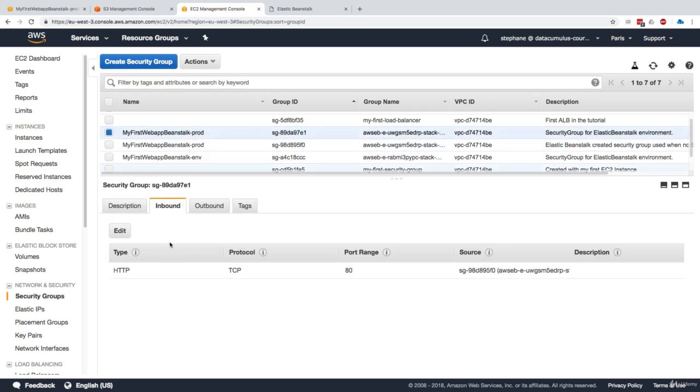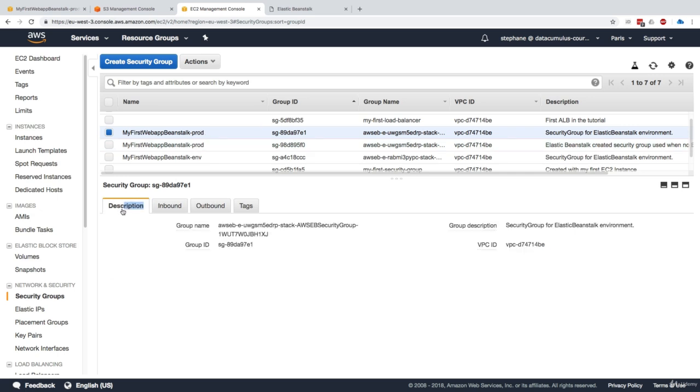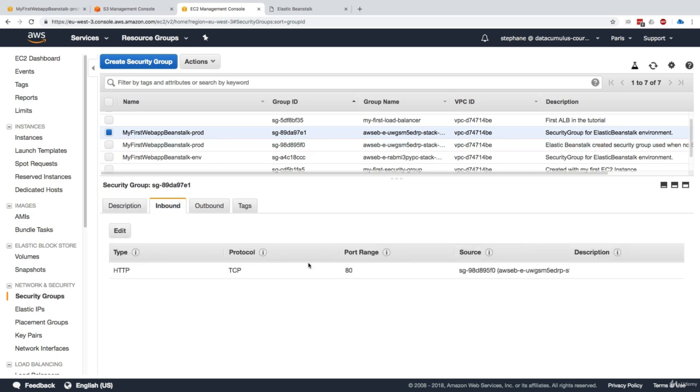And in terms of the rule, we can see that this one is basically from my EC2 instances, okay? And it allows HTTP protocol on port 80 from my load balancer group, and my load balancer group itself allows traffic on port 80 from anywhere. So this is the kind of setup we've seen before when we did our load balancer setup.